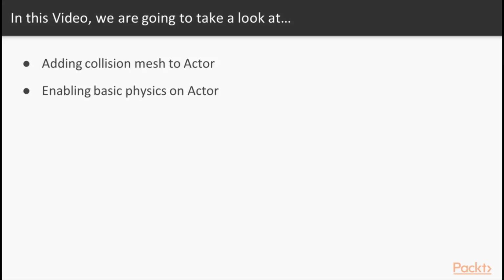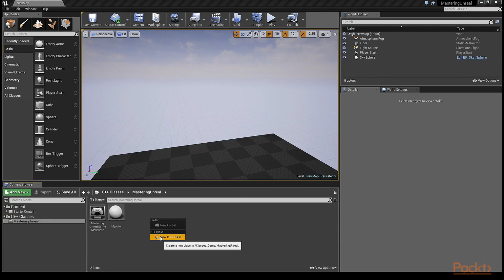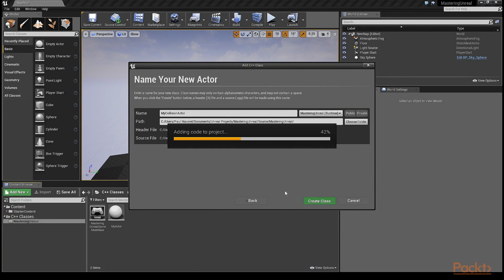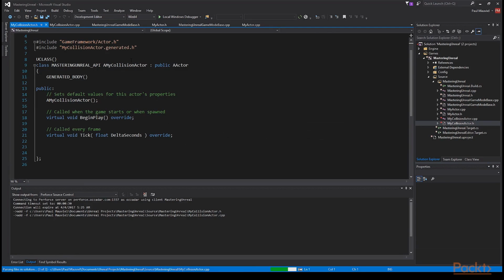In this video, we're going to go over how to add and enable collision meshes to our actors. Also, we're going to enable the default physics settings on our actor. So let's start with creating a new actor, which I'll call my collision actor, and adding a collision object to it. Once the class is created, move over to Visual Studio, where we'll add a property to hold our collision